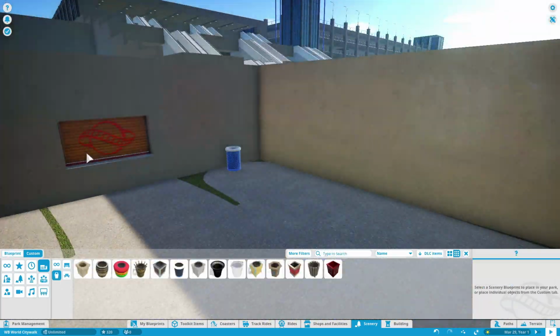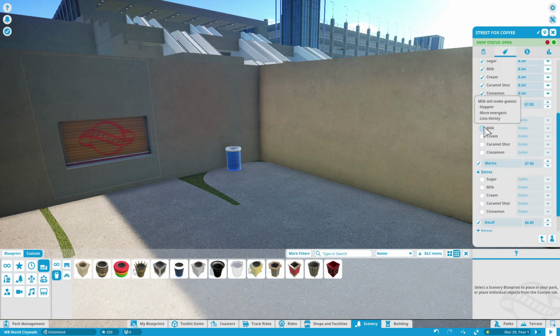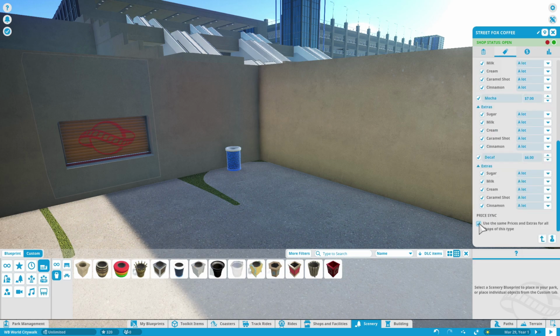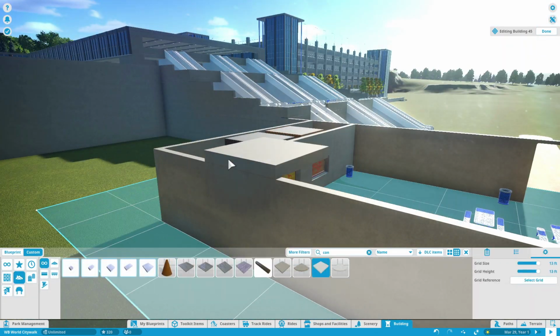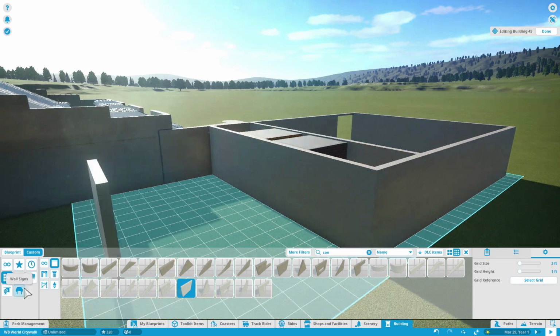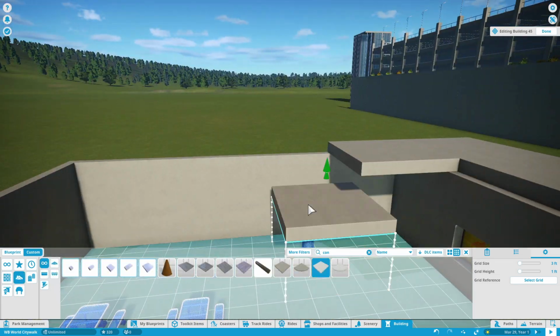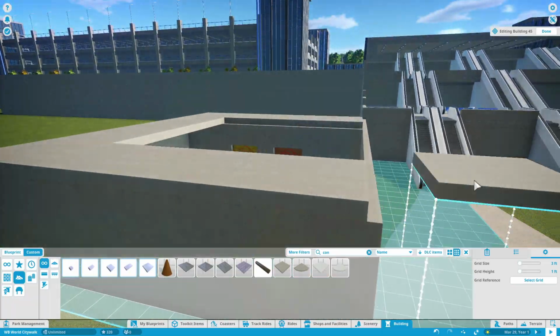Now I am going with the blue benches. I'm still not sold if that's the way I'm going to go in the end with them, but I figured for right now at least I'm going to keep the benches sort of uniform in this area for the most part to the colors of Warner Brothers. So we're going to go with the blue here. You are going to see in one of the buildings I build, they are a different color, and the reason for that is it just fits that particular building. So there is the chance I may come back to this building and change them up to sort of more